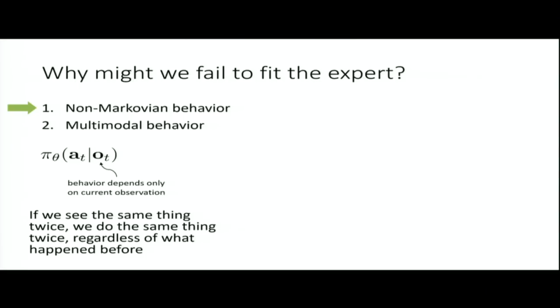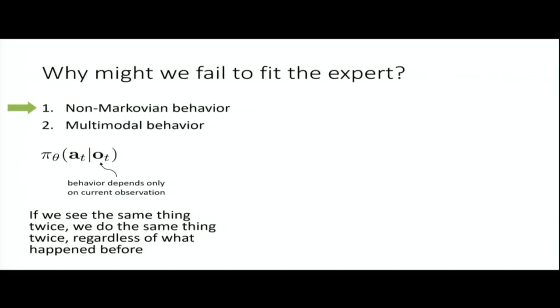In an environment that's fully observed, which means that the state can be obtained from a single observation, you can actually show that there exists a policy that is optimal, meaning as good as any other policy, that is Markovian, meaning that it only depends on the current state. In partially observed settings, where you have an observation and the state cannot be perfectly inferred from the current observation, this in general is not the case. But in fully observed settings, it is.